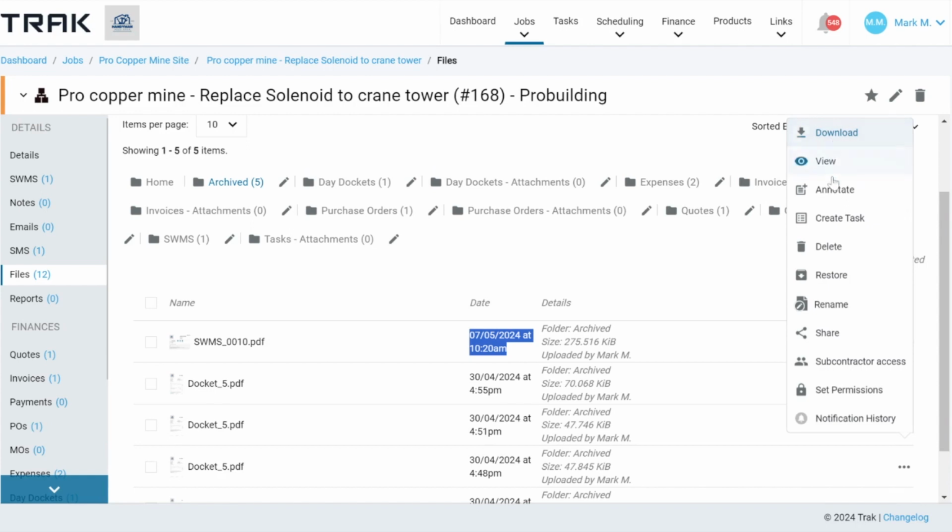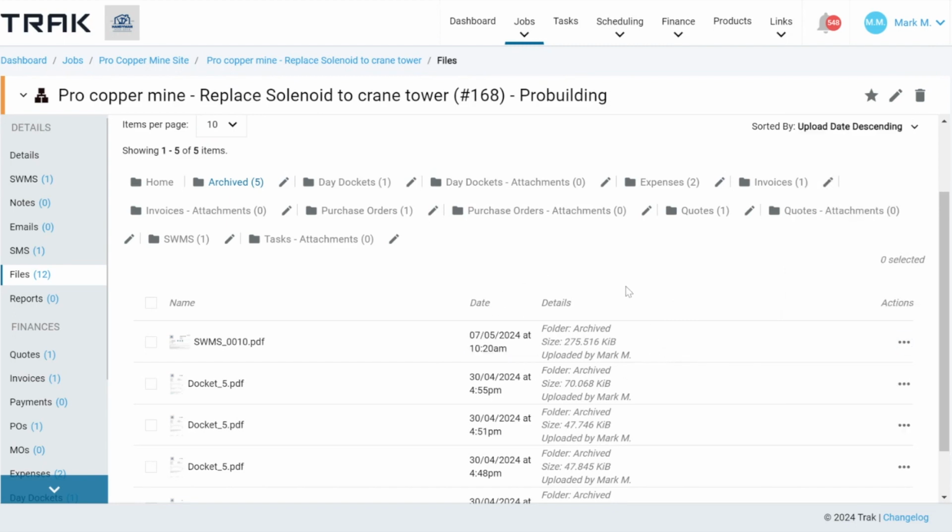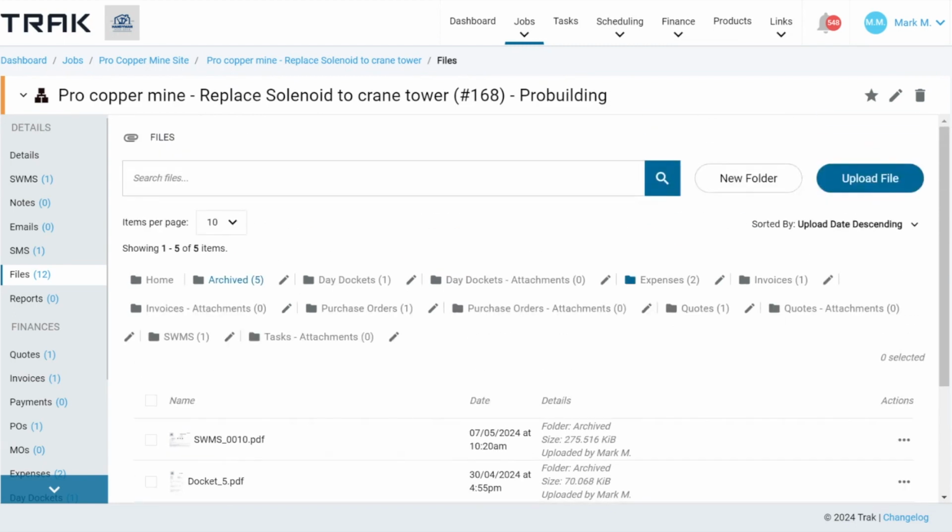Some really handy ones here are things like annotating files, creating tasks to follow things up, the ability to restore a file that may have been archived, the ability to manage your contractor access levels and staff access levels at an individual file level. When we are uploading a file in the Trak platform, nice and simply, you can just